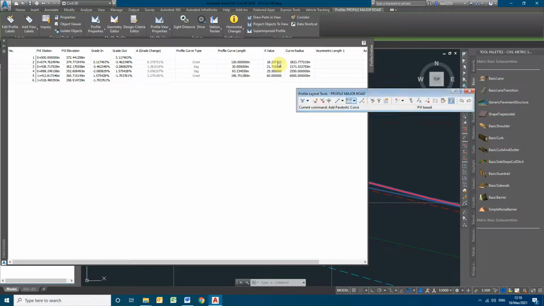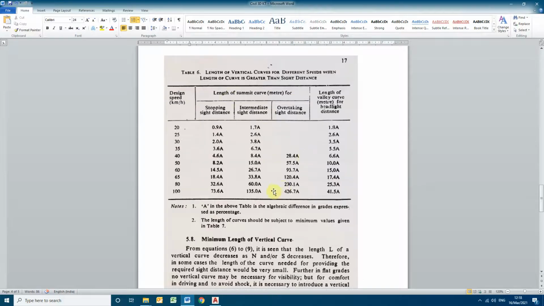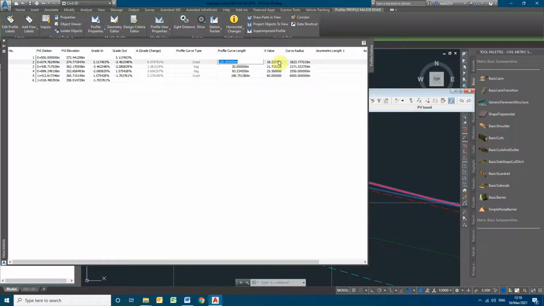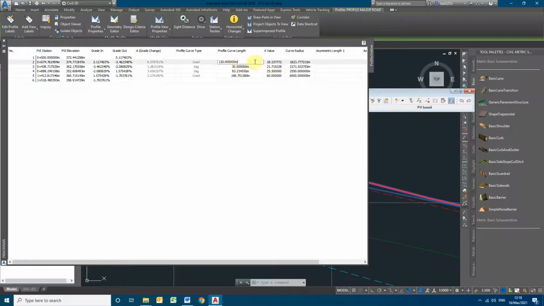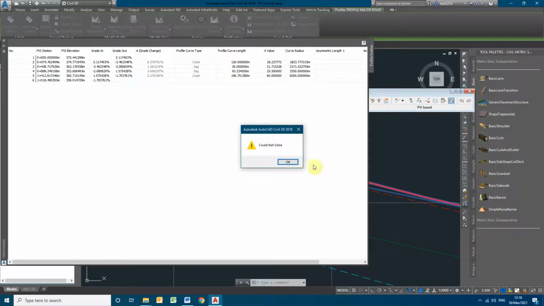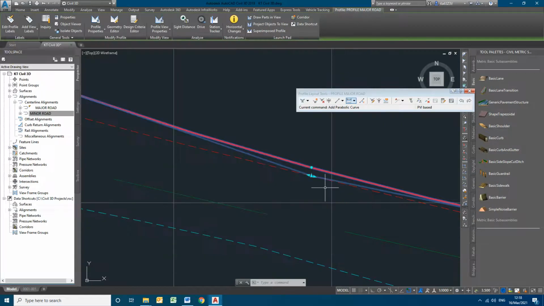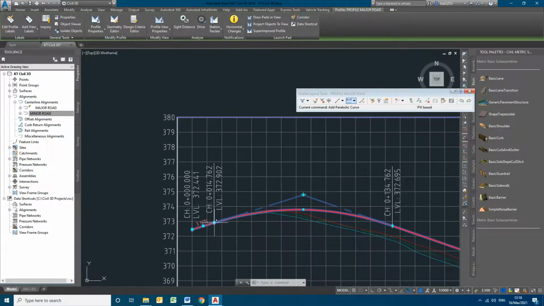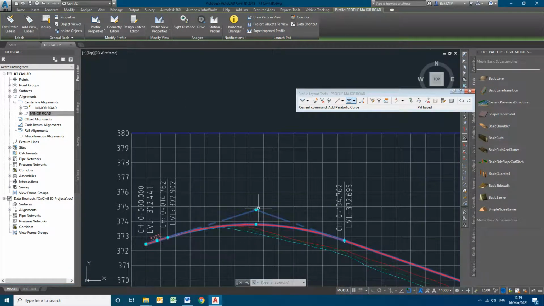You have to satisfy the K values as per this curve length. For the sag curve it is 25, for the crest curve it is 60. So ensure the K value you are getting for the sag curve is 25, otherwise increase it. This is happening because there isn't enough space here to increase the length of the curve.